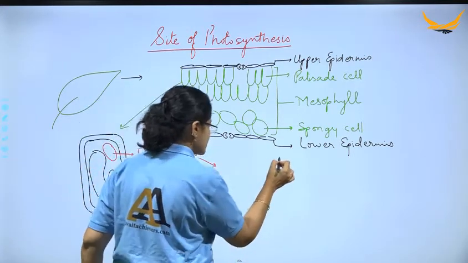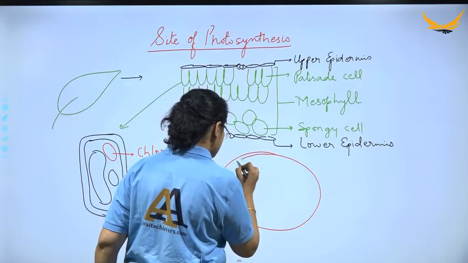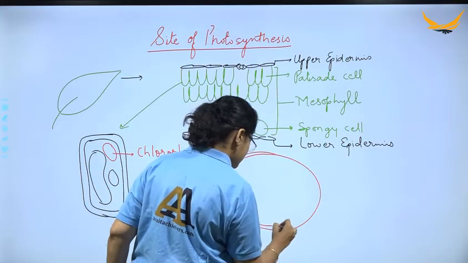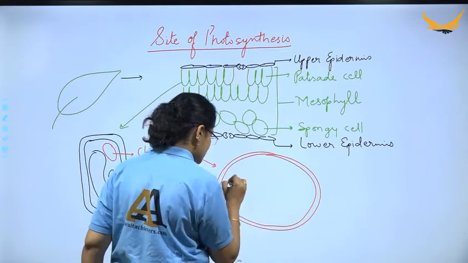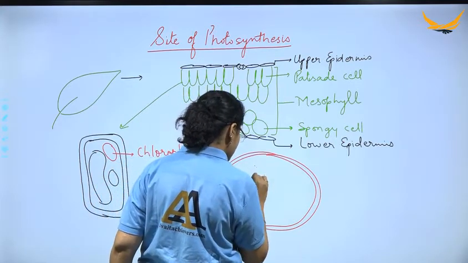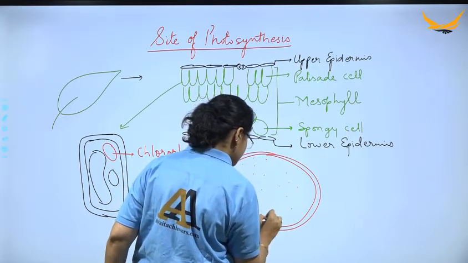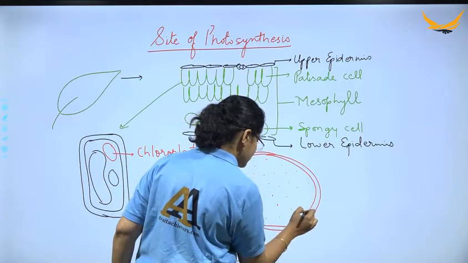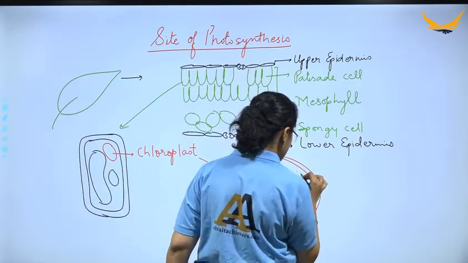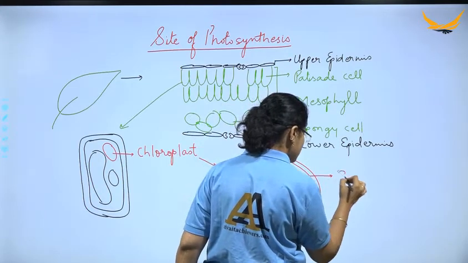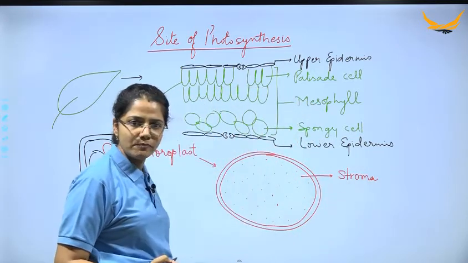Alright, say it is a double membrane structure. So this is that membrane, and inside this it is filled with a jelly-like substance, which we call the stroma. Right, so all of this that is filled is the stroma. So let us label. This is what? The stroma. Clear? This is the stroma. Alright.